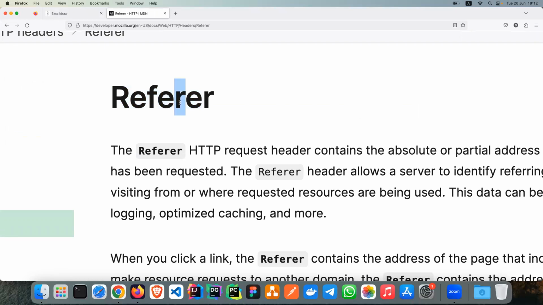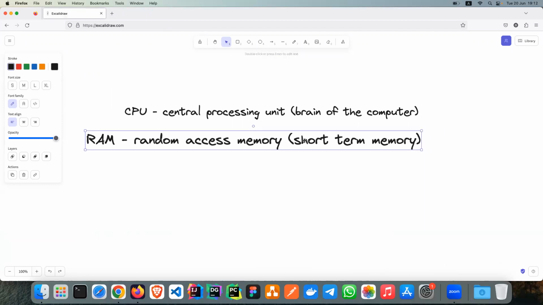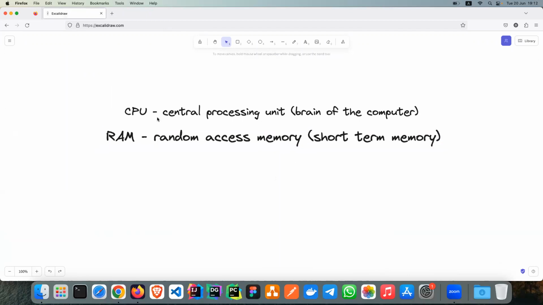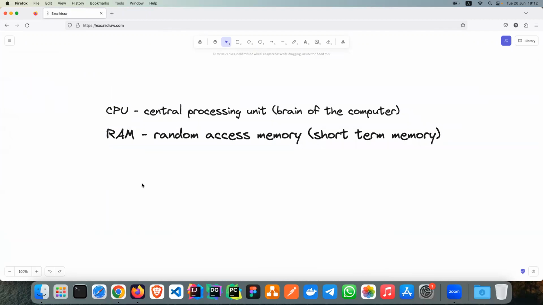But no one changed it because if you want to change this, you will have to change the whole internet. Everyone uses this word. In computer science, there are some words that once someone states them, they stay that way. Okay. Random access memory is short-term memory, and CPUs generally work with those memories because